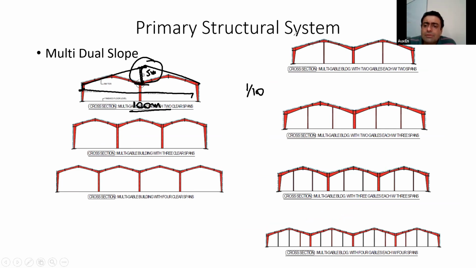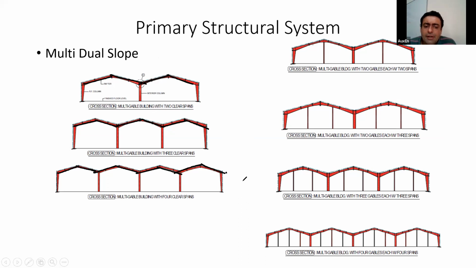So in very large spans, what you do is that you provide multiple dual slopes. Is it clear what I'm trying to tell you? So in this case, you are able to limit your independent risers, isn't it? So if you had a 100-meter building, instead of providing a single dual slope, you provide multiple dual slopes to control the riser heights. So if this was 50 meters, then you can control this by providing a riser of 2.5 meters. So basically you save on the riser heights. Okay.